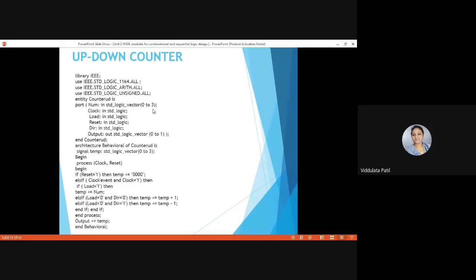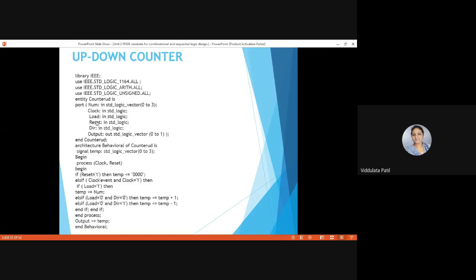That means numbers from 0 to 3 will be present in our input. Then after that we have the clock input, clock : in std_logic data type;